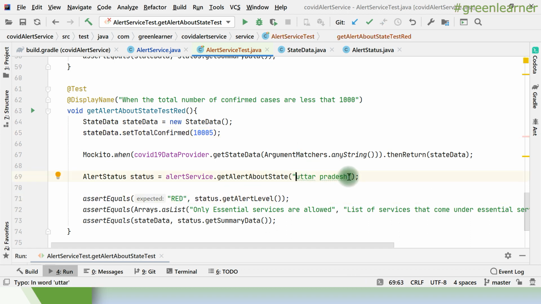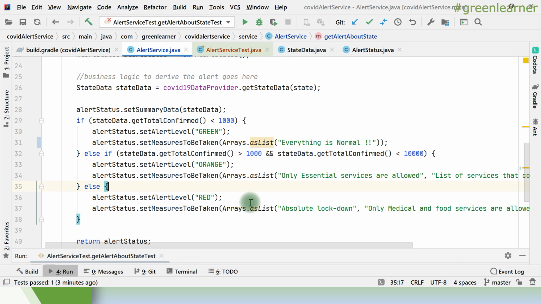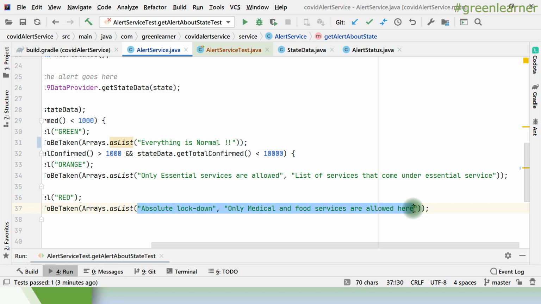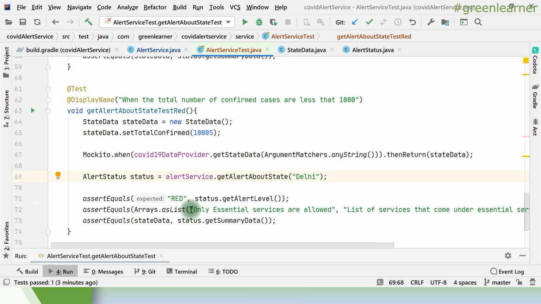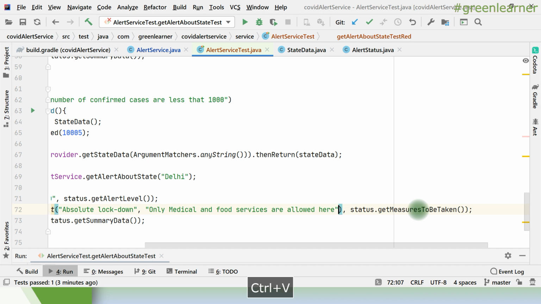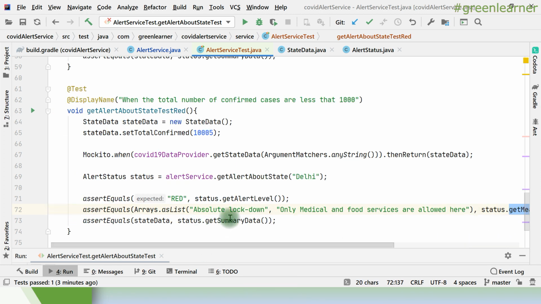So I can put Delhi under here, right? So here alert service, what is there? Absolute lockdown. It is saying absolute lockdown, right? So just copy this one. Right, and measures to be taken is being returned here, right? So get summary data.